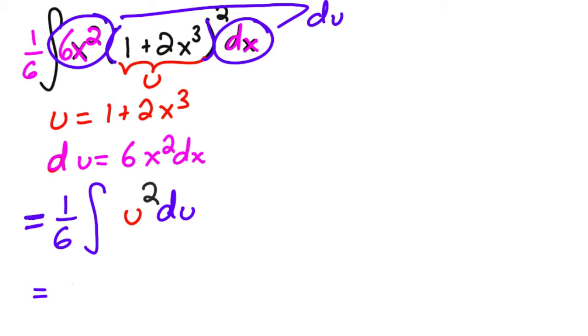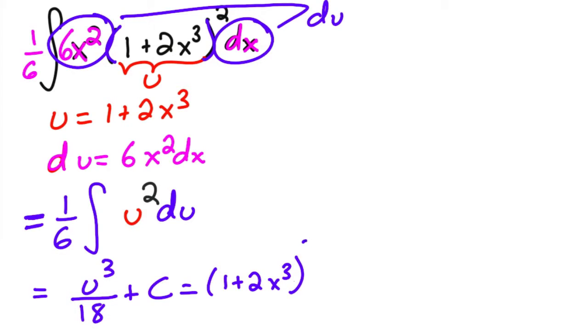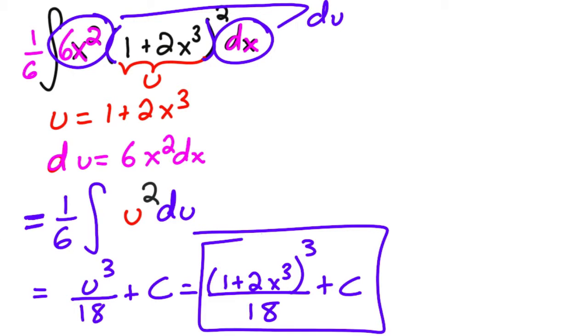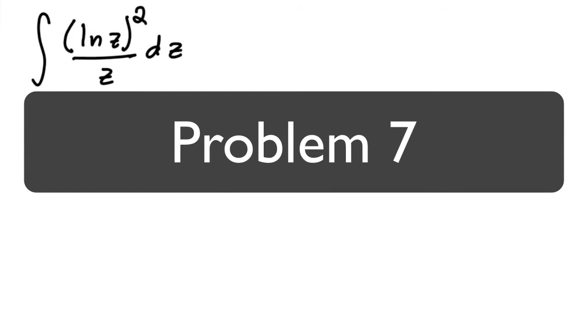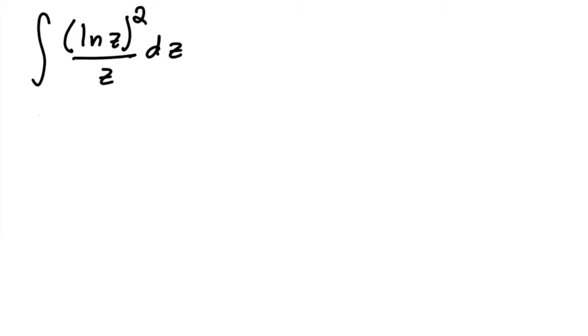And this is equal to u to the 3rd over, I have this 6 here and then over 3. So when I multiply those together, it's going to be 18 plus c. And so then I get 1 plus 2x cubed to the 3rd over 18. And that's it. Oh, plus c. Don't forget your plus c's. Okay, so this one is a little trickier